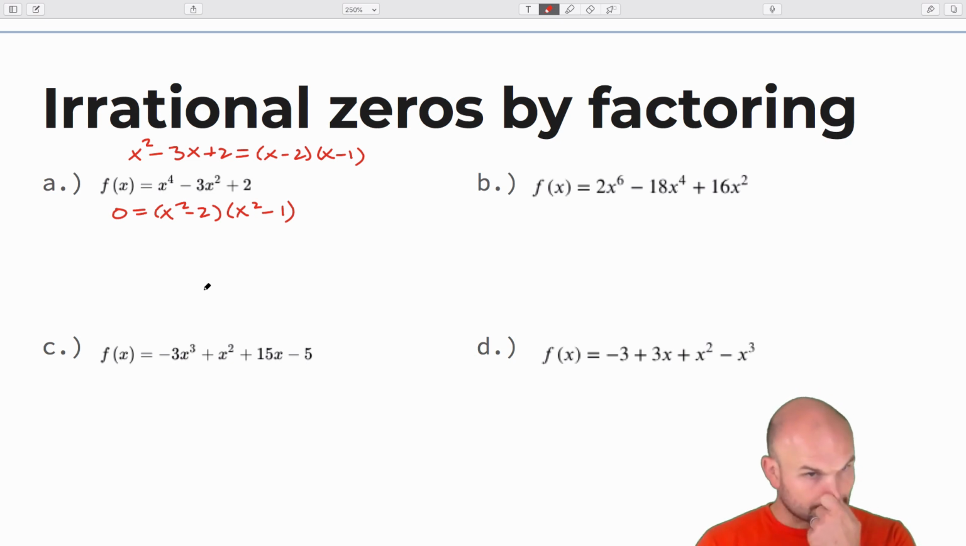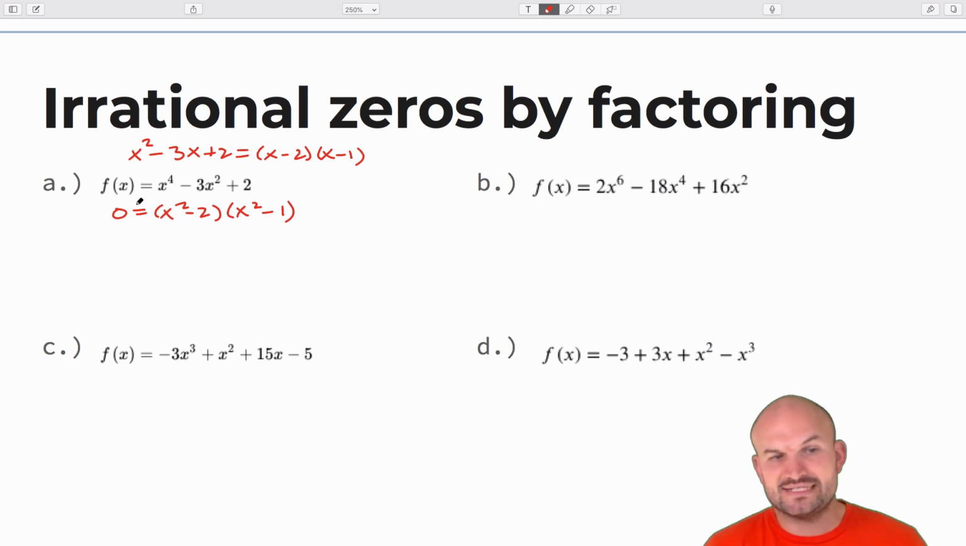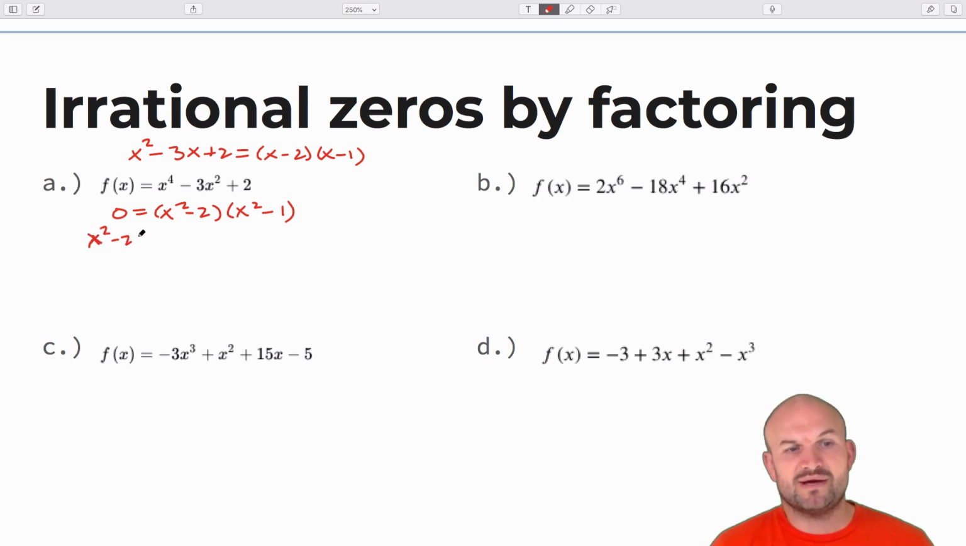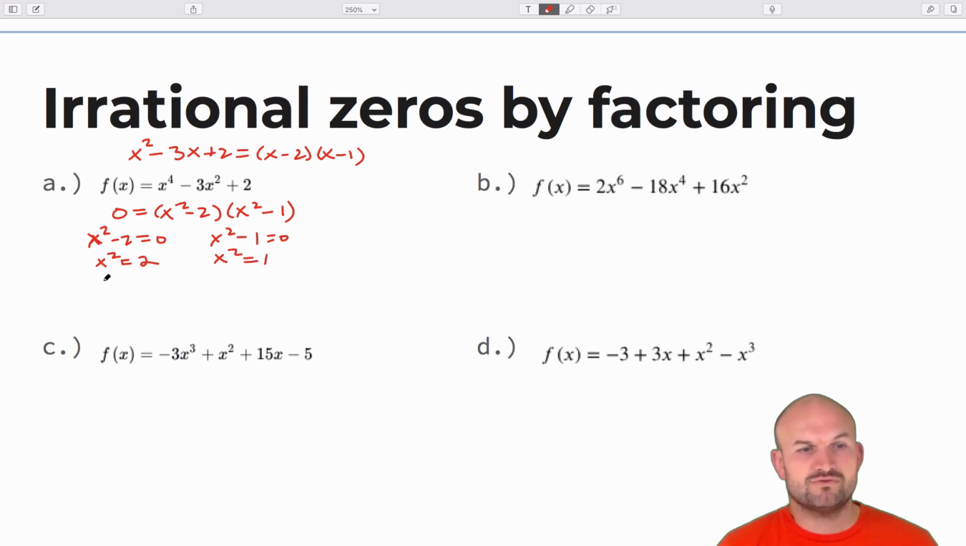Some people might be a little bit hesitant as far as identifying this. So again, we can go back to old school. Like, how did we figure this out? Now we have a product equal to 0. So you can use the zero product property. x squared minus 2 equals 0, and x squared minus 1 is equal to 0. So therefore, you'd have x squared is equal to positive 2, x squared is equal to positive 1, square root,